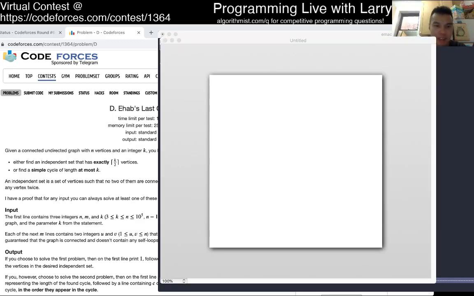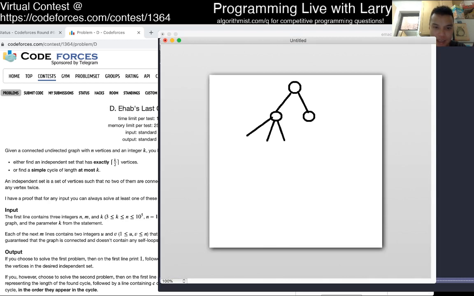Okay, so basically the idea is that you have some nodes, and you create a depth first search tree, or breadth first. I actually ended up using breadth first search because it was easier to construct. And it doesn't have to be a binary tree, of course. But this is just given any graph, right? So this is a tree because we use breadth first search, then we're going to get a tree.